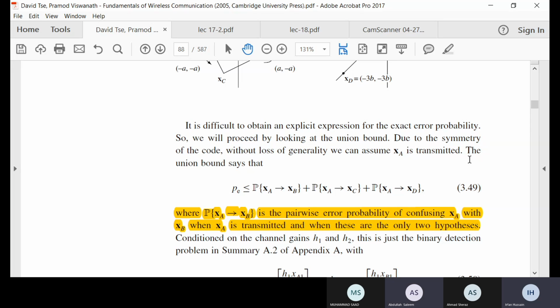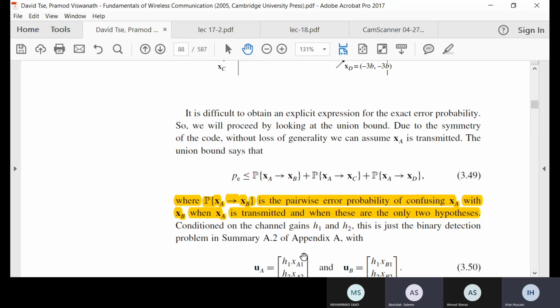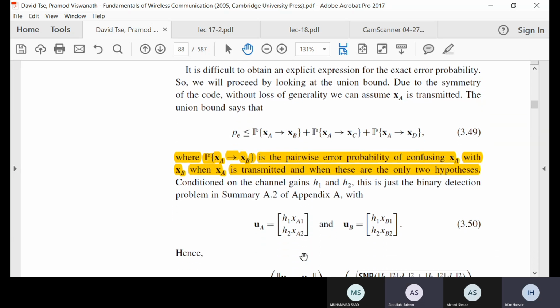चाहे वो वेक्टर हो, चाहे कॉम्प्लेक्स वेक्टर हो, चाहे स्केलर हो, जब 2 भेजे जाएंगे तो उनका जो डिसीज़न फ़ैसला है वो बस है U_A minus U_B, ख़त्म। यहाँ भी यही कर लें आप। ठीक। कंडीशन ऑन द चैनल गेन्स, this is the binary detection problem as I just told you in appendix, ठीक है। ये हमने आसानी कर ली।